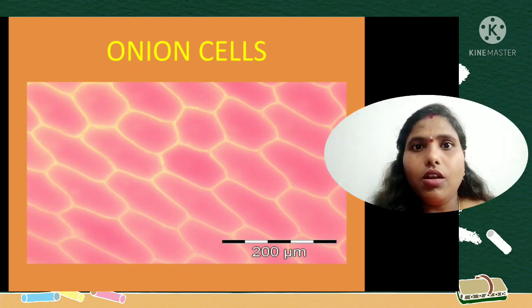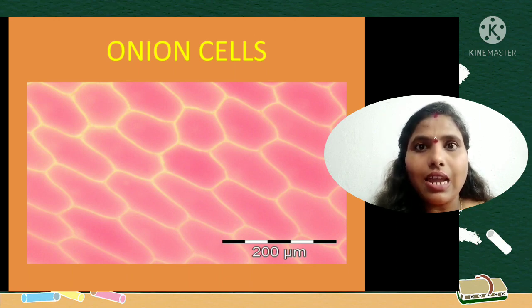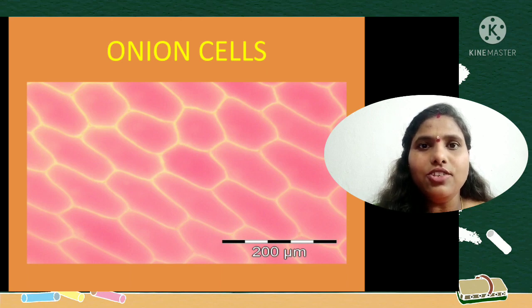To observe the onion peel slide under the microscope, we can observe the shape of cells and the arrangement of cells. Here, let us look at this one. In this, what is the shape of cell here? Yes, you are right. Rectangular shape of cells are present, and there are no intercellular spaces, and these cells are linearly arranged in this onion peel, and all the cells are similar in their structure.